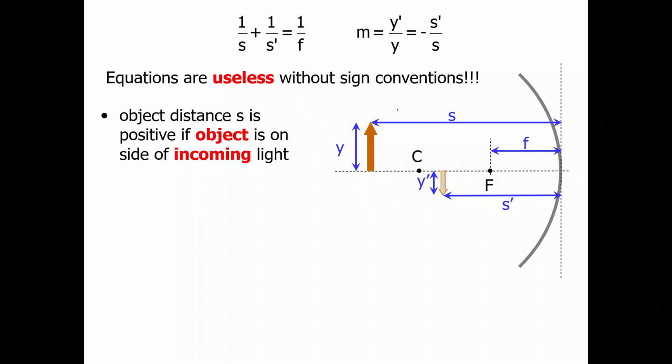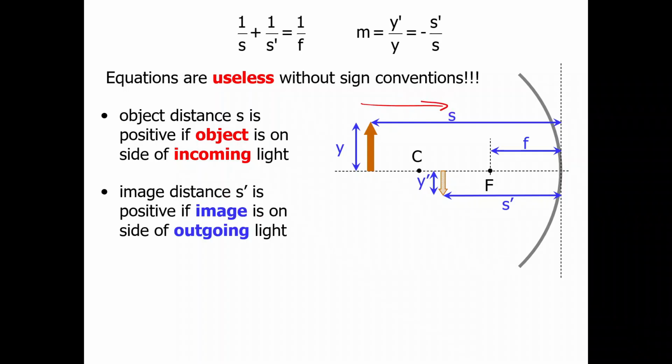So our light would be coming in from this direction, towards the mirror. s' is positive if the image is on the side of outgoing light. Because this is a mirror, it's going to reflect light backwards, so s' is on the side of outgoing light. When it's on this side,